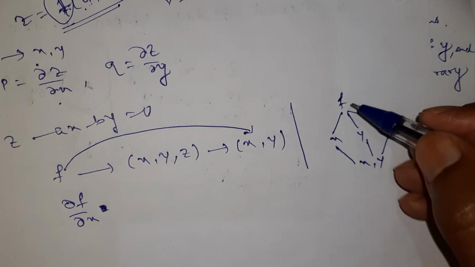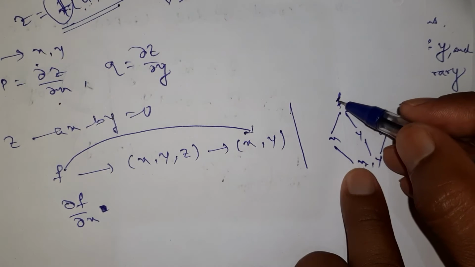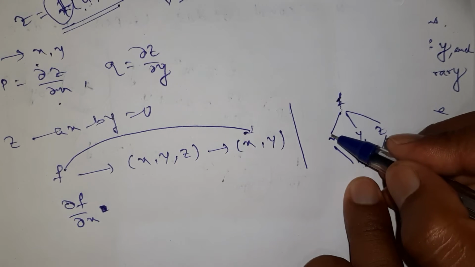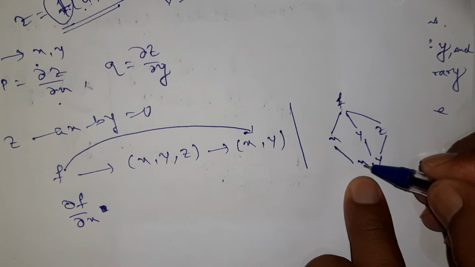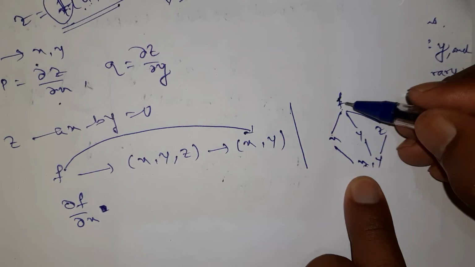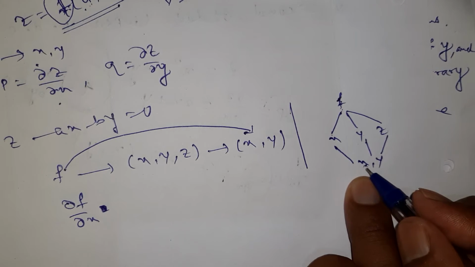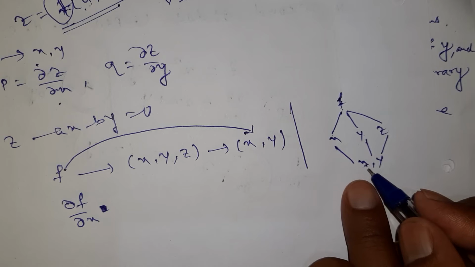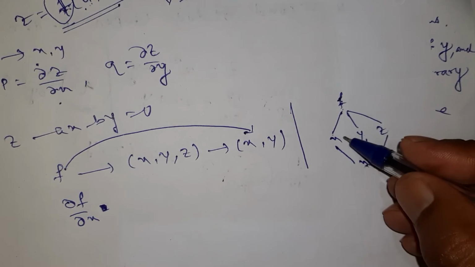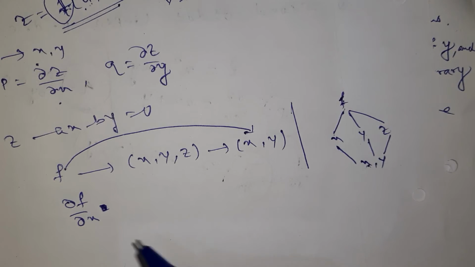Now see the derivative of f with respect to this x. I want to go from f to x. How many ways are there? First one is f to x and x to x. Second one is f to y and y to x. Third one is f to z and z to x. I am just talking about x, not y. Okay, tell me, f to x and x to x: the derivative of x with respect to x is 1. Okay, plus